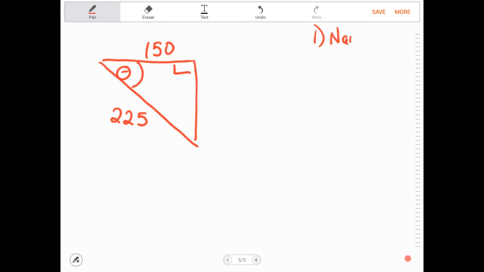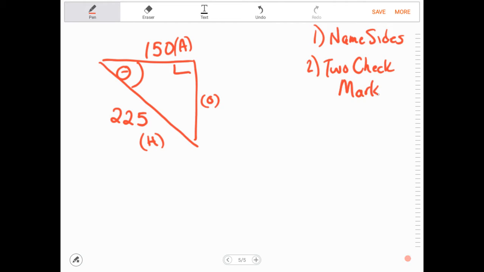You're going to name your sides. This is your hypotenuse, this is your opposite, and this is your adjacent. Number 2 is the 2 check mark trick. So now in this case, which 2 sides are we going to use to help us solve our angle? Well, we only have info for 2 sides. That's the A and the H. Number 3,